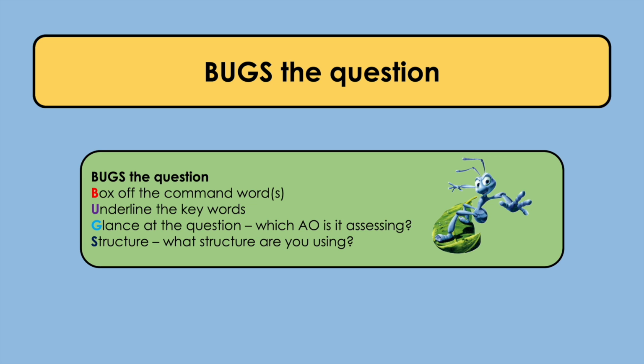Sometimes there can be more than one command word within there, or it might be more of a command phrase. But by boxing off the command word, we can see exactly what it is that the question is asking us to do. Is it asking us to what extent? Is it asking us to assess? Okay. Next, we go into underlining the keywords,